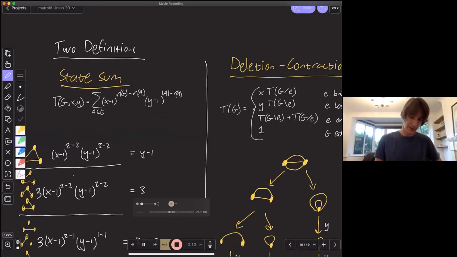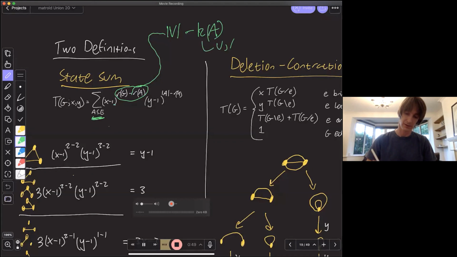Here you sum over all of the subsets A of edges, and for each summand you take a polynomial in variables x and y, determined by the rank of the graph and the rank of the spanning subgraph on A. The rank is equal to the number of vertices in the graph minus the number of connected components of the subgraph (V, A), so all of the vertices of the original graph and just the edges in A.